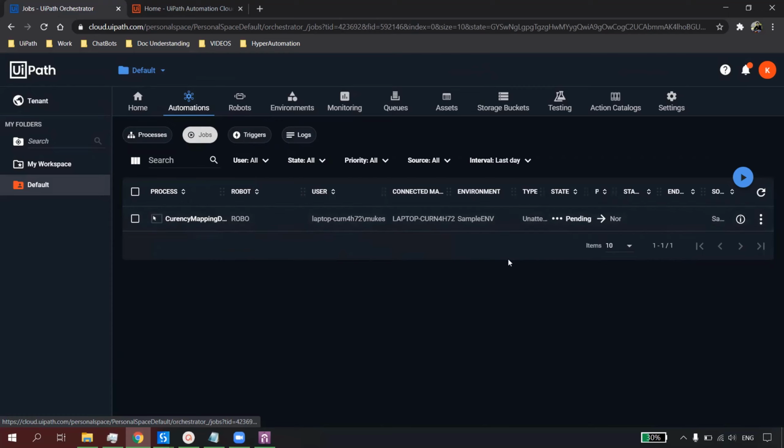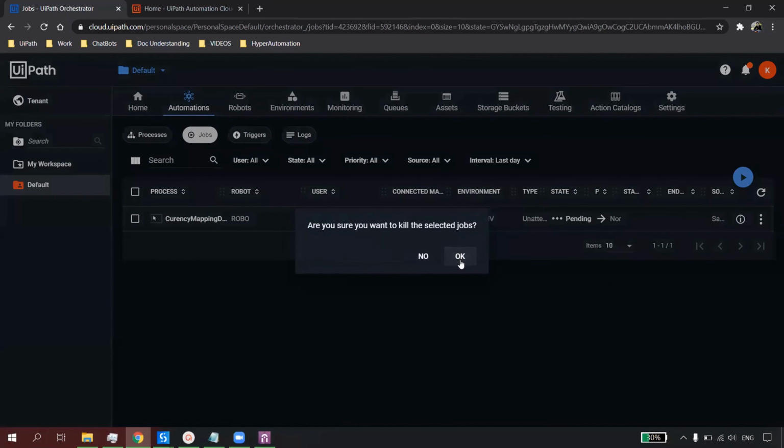Now, as a support person or a monitoring person, you have two options. You can stop the process, or you can kill the process. If you stop the process, it will stop gracefully. There is a thing called should stop that the developer usually puts in their process. So if you click on stop, it will gracefully close the application. But if you kill the process, it will abruptly kill it.